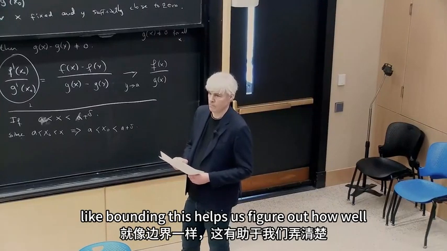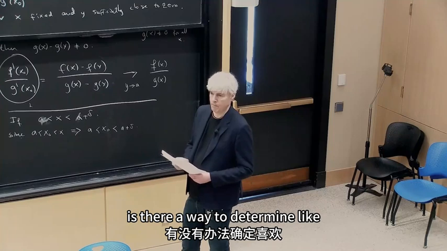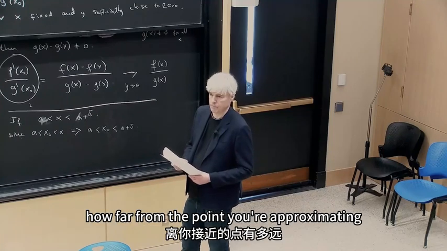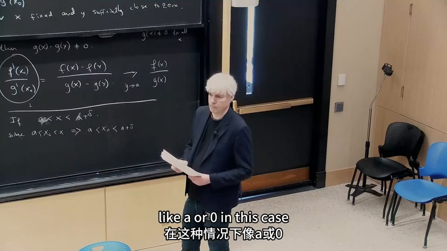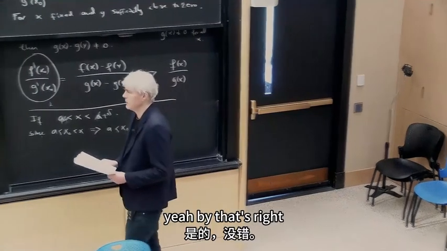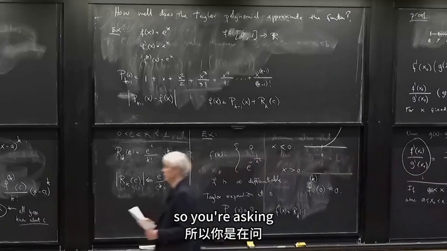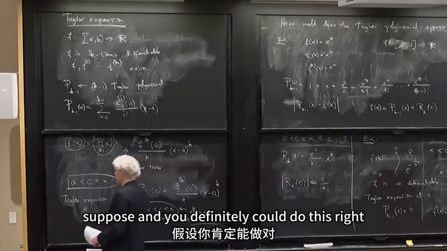Bounding this helps us figure out how well the expansion approximates the actual function. Is there a way to determine how far from the point you're approximating, like a or 0 in this case, you can go to a certain threshold? Yeah, that's right. So you're asking, and you definitely could do this,